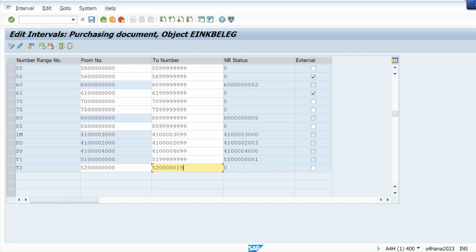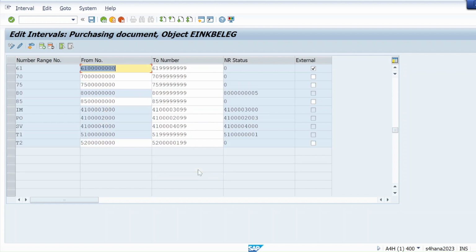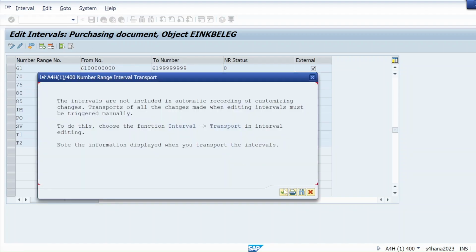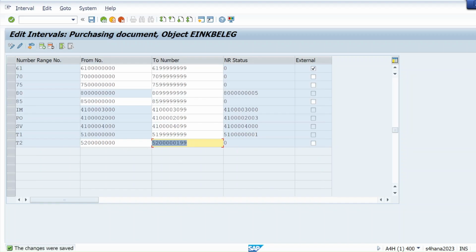I can take this one instead, and save it. If you take a big number range, then another user can't take a number range, otherwise it will overlap. In real time this will not happen, but this is a practice server where everyone is creating their number ranges. So you just need to create a number range that is not very big, because you can't use that much.